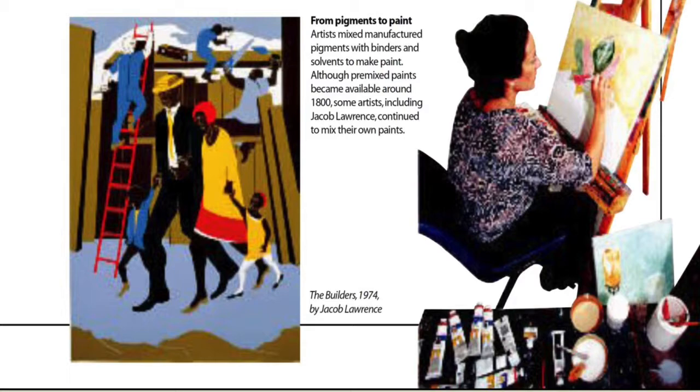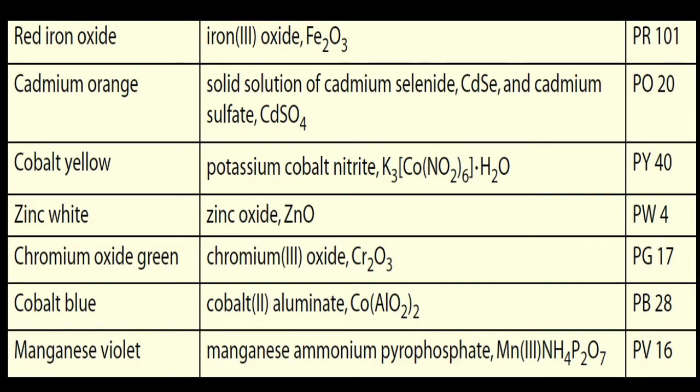On the next slide, you'll see a little bit more clearly, you have red iron oxide, that's iron(III) oxide. We'll look at that in chapter 9 when we talk about nomenclature. Cadmium orange, a solid solution of cadmium selenide, CdSe, and cadmium sulfate, CdSO4. Cobalt yellow, that is potassium cobalt nitrate. That's a complex-looking collection of atoms making a compound. You have zinc white, which is zinc oxide. You put that also on your nose in the summertime,